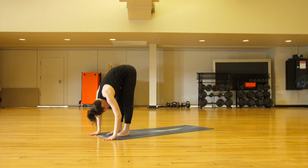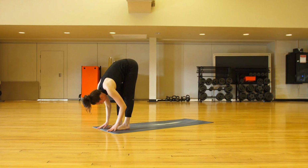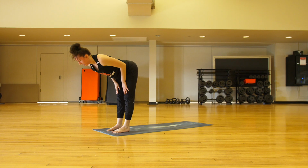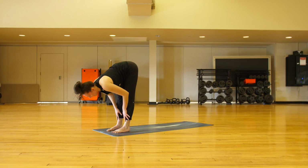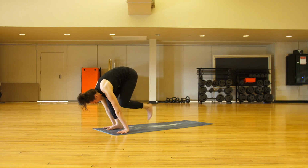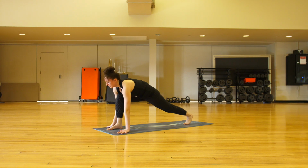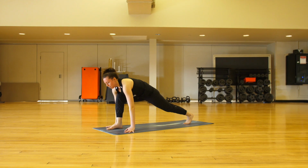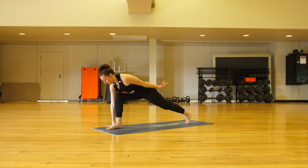Dive it all the way down, awesome. Let's take an inhale, we're gonna find half lift flat back, one straight line from tail to crown of head, and an exhale out, forward fold. Let's take a bend in the knees, plant the palms, step left leg back, and we're gonna stay here in our low lunge. So the back knee's lifted, we're gonna find one straight line, so really kicking energy out through